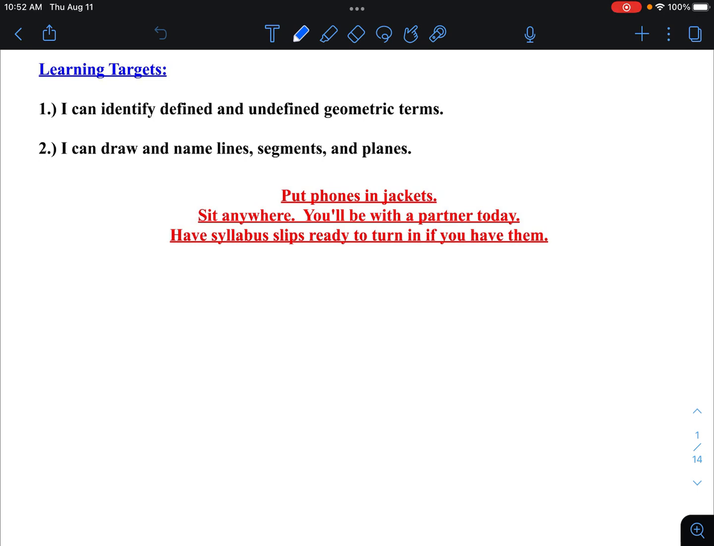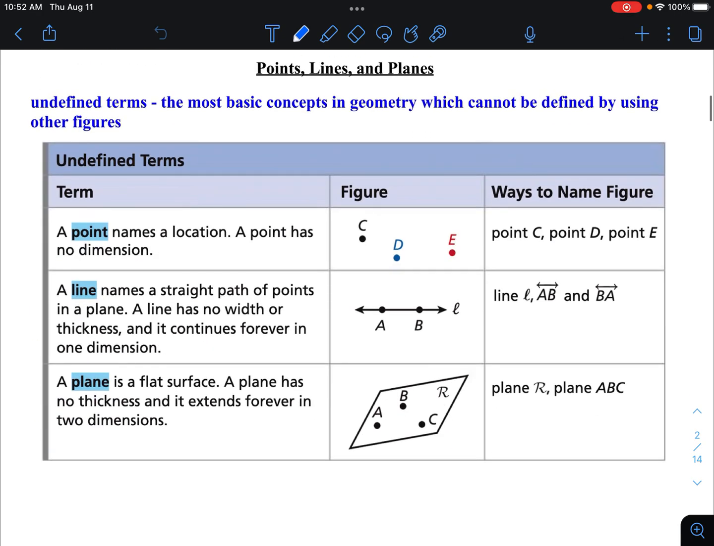And we are going to start today with the building blocks of Honors Geometry. And particularly, we're going to start with something called undefined terms. So these are literally the building blocks, meaning they're undefined because we can't define them using other figures. This is literally where we're starting. We have to start somewhere, and we're going to start with these three undefined terms, which are point, line, and